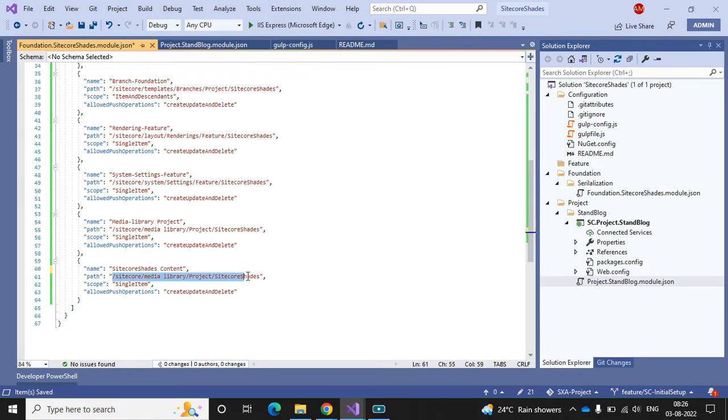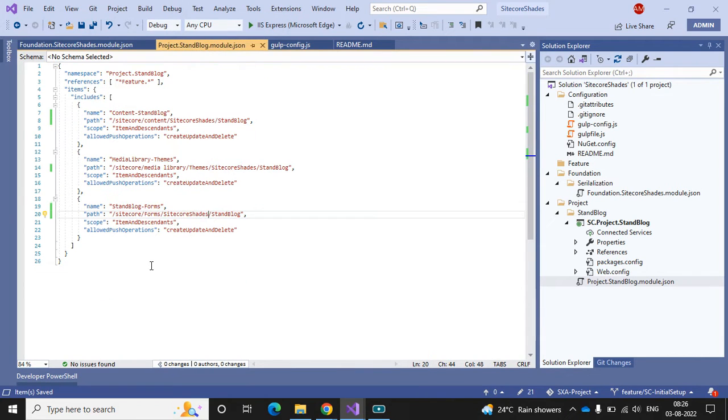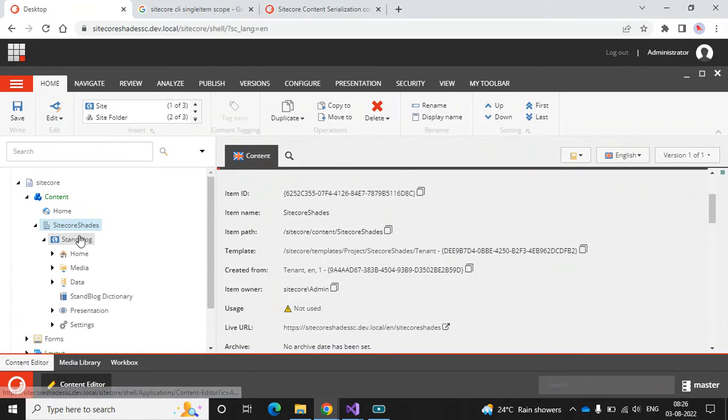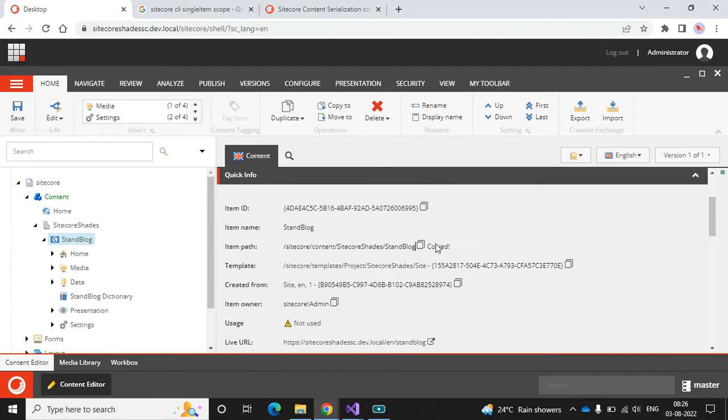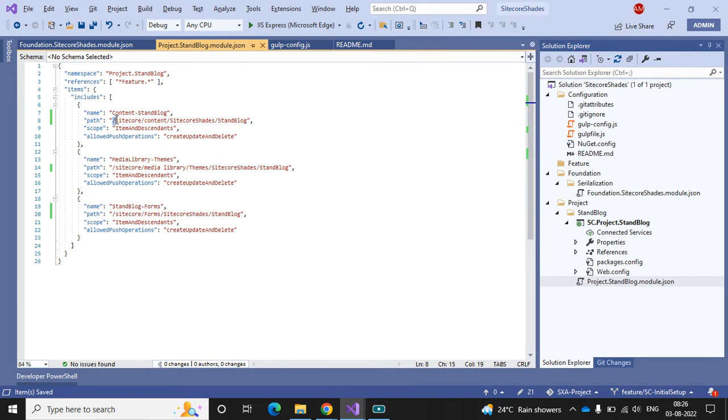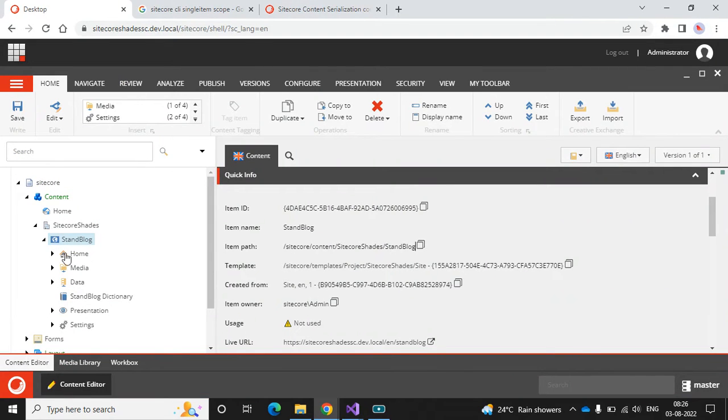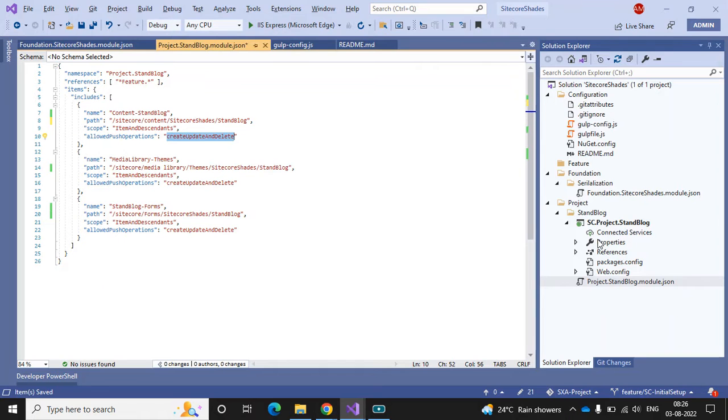We have to add only the single item, and the same, just copy and paste it here. Yeah, okay, it's already the content stand block, and this one we have to add from here. Yep, path is correct. And item and descendant create update delete, so it will take all the child items, and